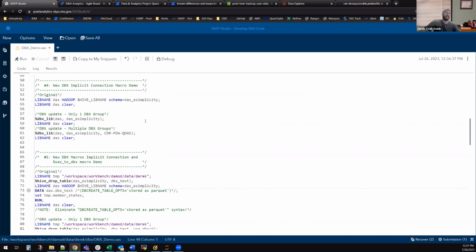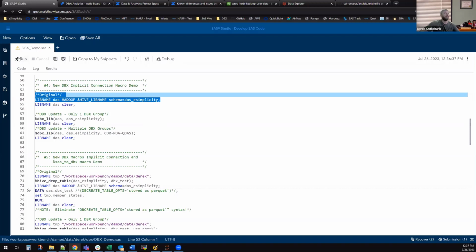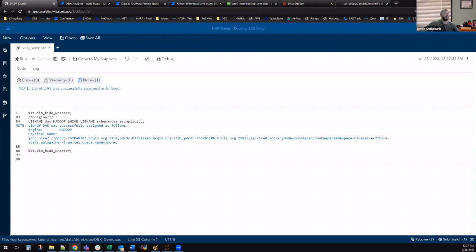Next is creating an implicit connection. What do I mean by an implicit connection? In SAS, an implicit connection to a database is simply when you run a libname statement. The current way we're doing this is by using the Hadoop engine, and then there is what people may be familiar with, this Hive_libname macro call. It has all of the connection parameters, and then you specify what schema you want to connect it to. So simply running this, I've now got this implicit connection to the DAS_eSimplicity Hive database